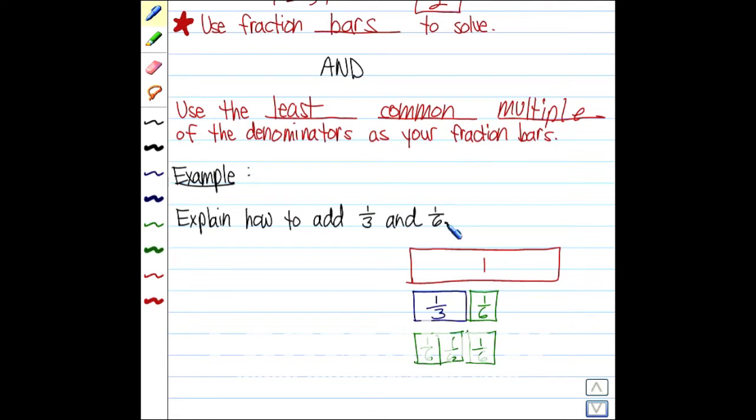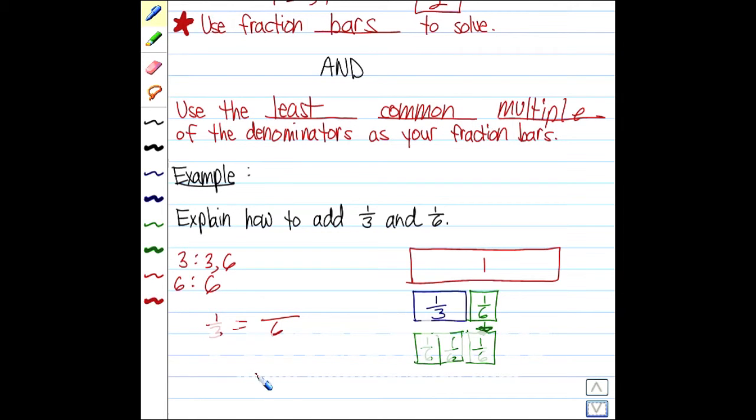Now remember, to decide which fraction bars we should use, we're going to go ahead and find the least common multiple for 3 and 6. So 3 times 1 is 3, 3 times 2 is 6, and we know 6 times 1 is 6. So we're going to rewrite these with 6 in the denominator now. 1/6 is already rewritten with 6 in the denominator, so I'm just going to bring it straight on down to my next one here. 1/3, we need to find it as its